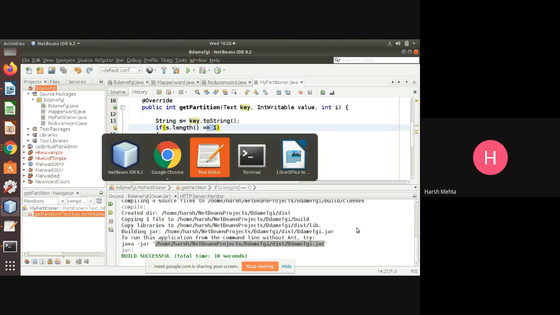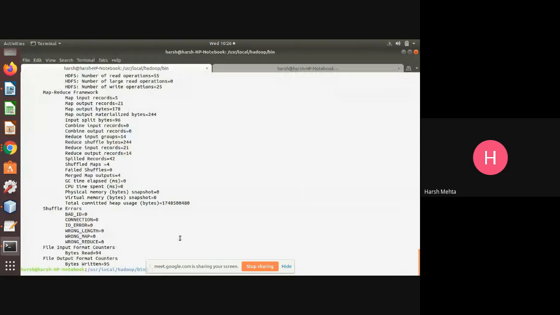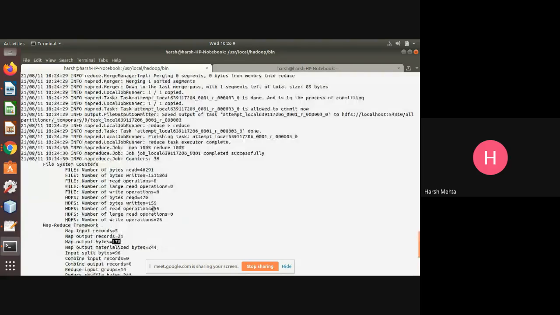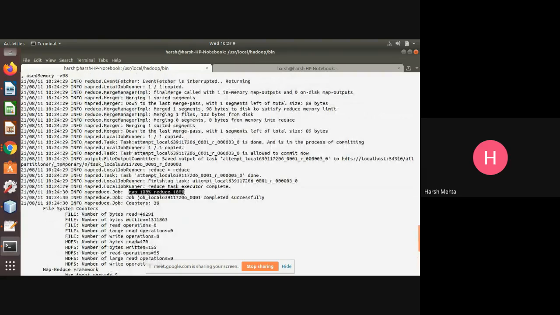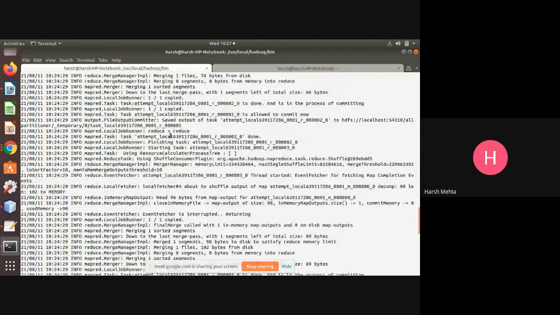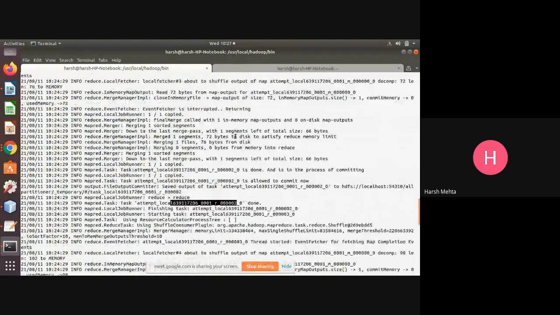Okay, and let's see the logs first of all. There are so many things here. Is there any shuffle error or not? Maybe it is frameworks. How many input records are there, output records, output bytes, everything it will give. And you see map 100%, reduce 100% completed successfully. Now you see it has tried to attempt to create the partition here. Same way for 2 also, same way for 1 also.